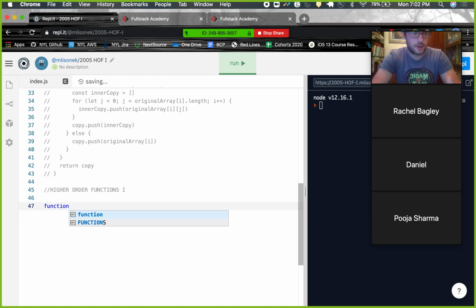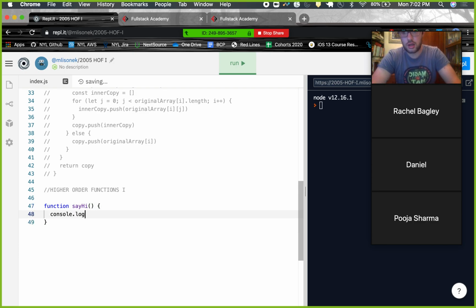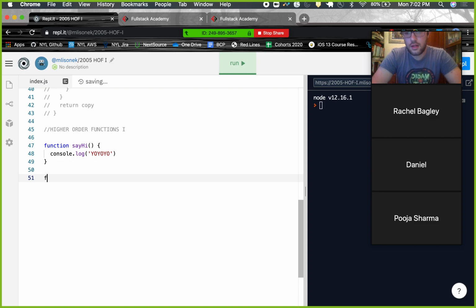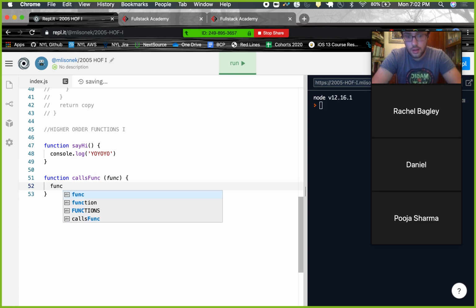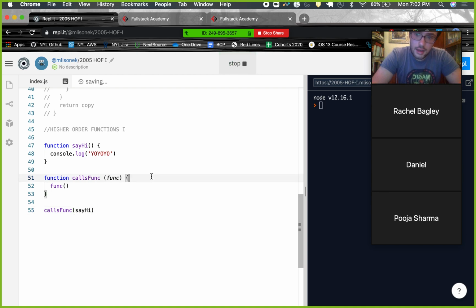So let's say I have a function defined this way, and it's say hi, right? And what say hi does is we console.log yo. Okay? So now what we're going to do is we're going to say function calls func. What this function is going to do is take in a parameter that's func, and it's going to invoke that. So now, down here, if I say calls func and I pass in say hi, I get yo